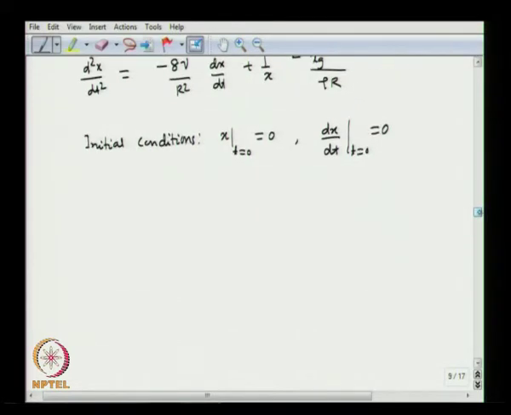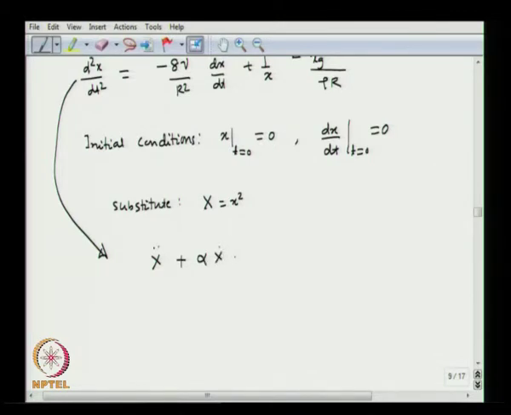So, that is at the very beginning of the capillary rise advancing process. So, if you substitute x equal to capital X square in the above equation,